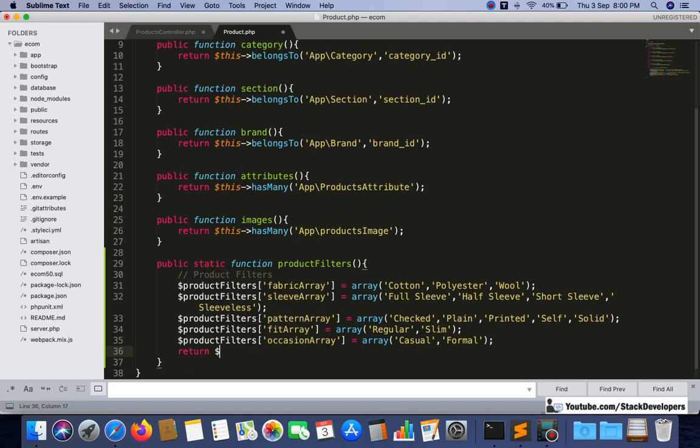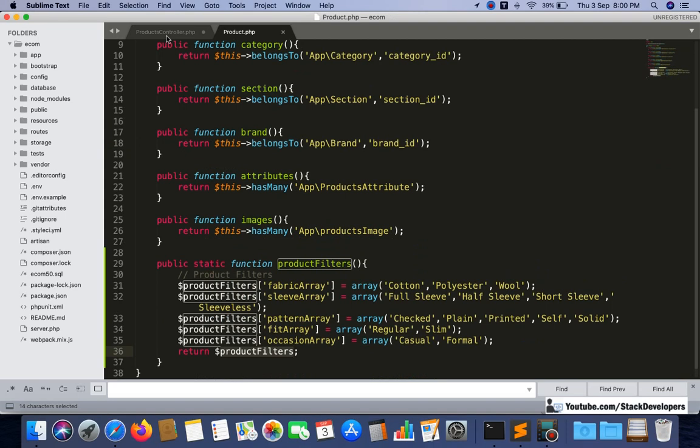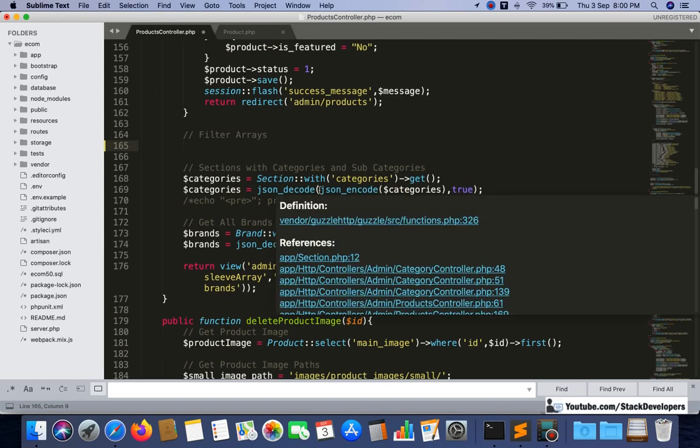Now we just need to return this one. So see, we can use this one. It will also be dynamic, but to make things easier, I am going to use it in a simple way.